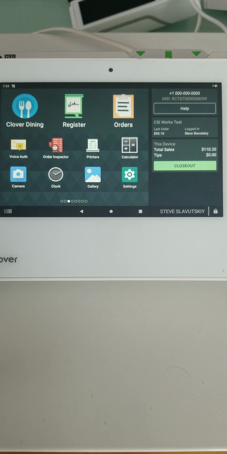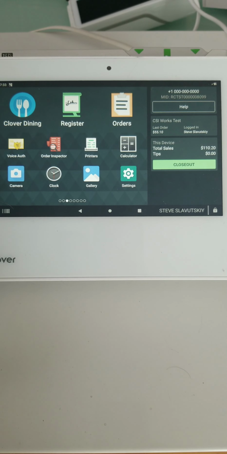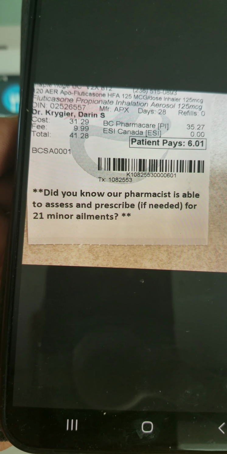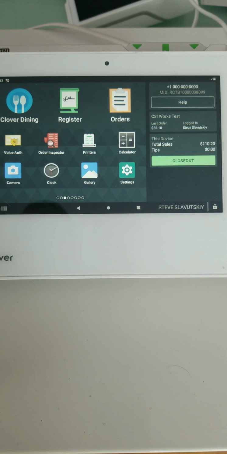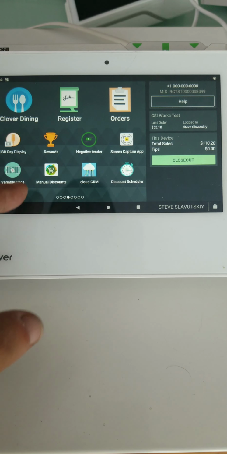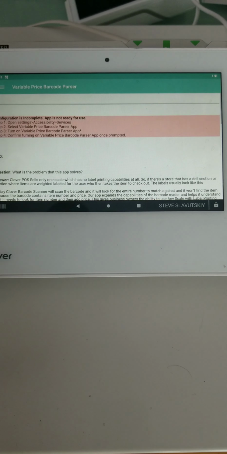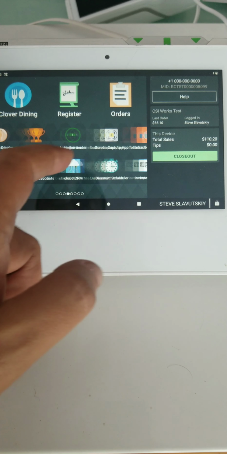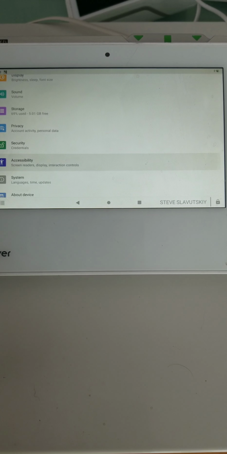Alright, so we are doing a very interesting experiment and checking out if the barcode parser by CSI Works will handle these pharmacy barcodes that have price embedded into them. I'm just curious to find out if this is going to work myself, and we're about to find out together. So first I'm going to configure my barcode parser by going to, you guessed it, settings,